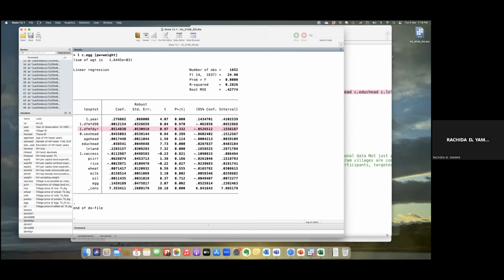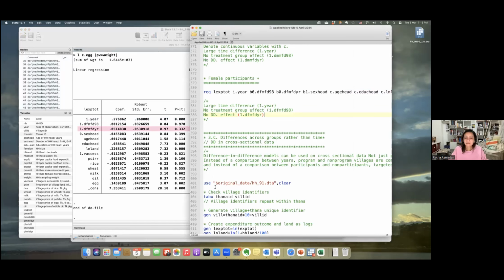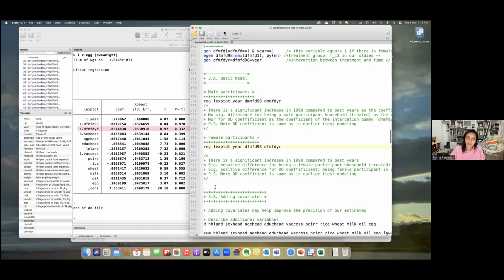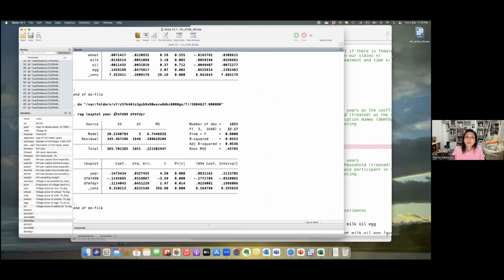If you remember, it was significant in the model before. If I run it from this model, having a female participant in the household has a significant effect on the total expenditure per capita of the household. While when we controlled for other observable variables, we found that this effect is not